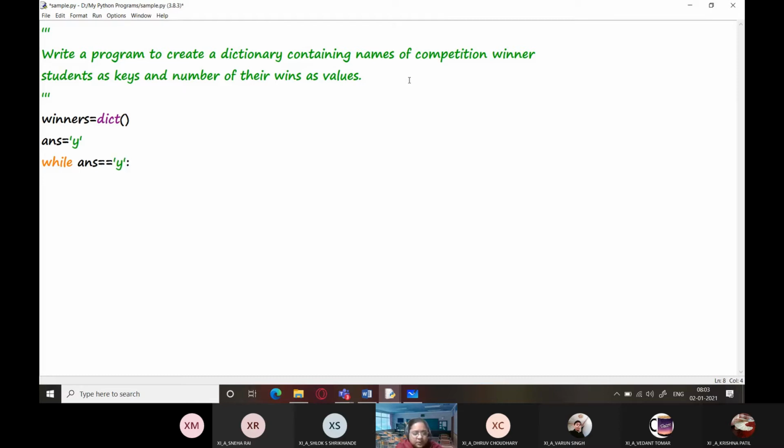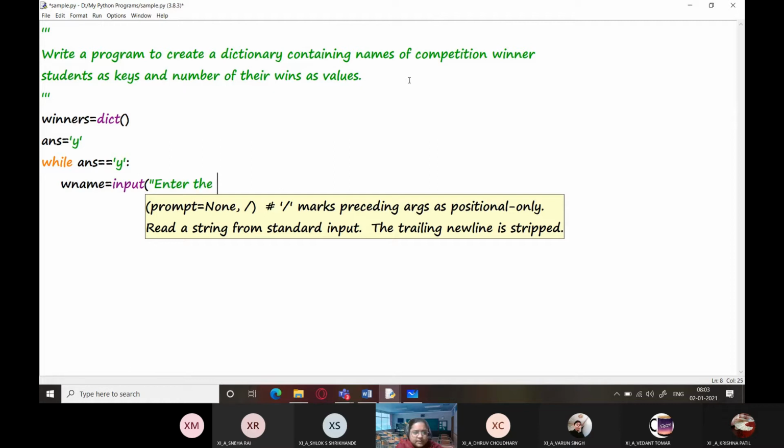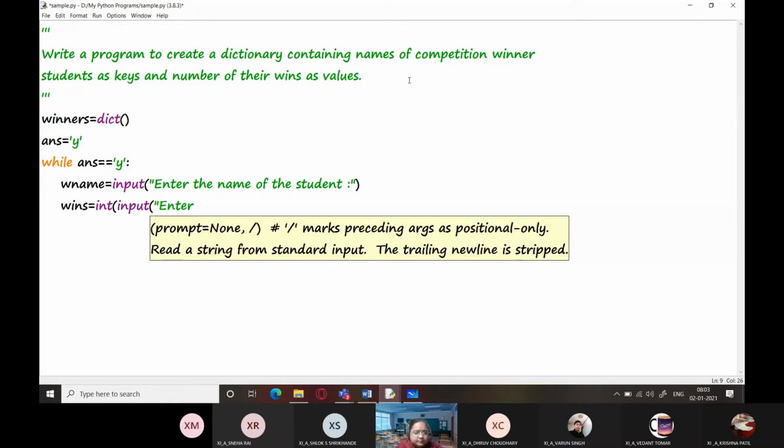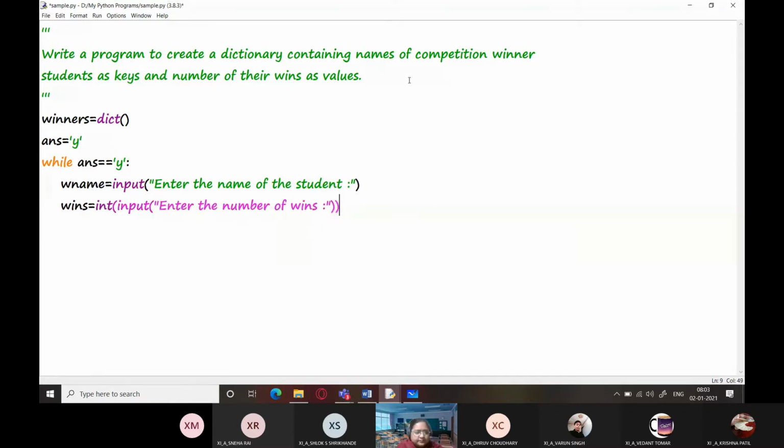We are first going to ask for names of the winner, enter the name of the student, and number of their wins. Number of wins.